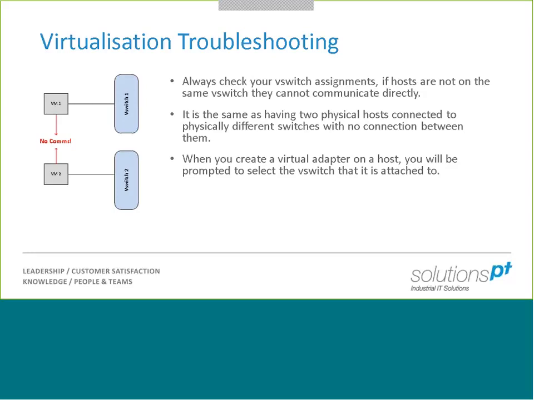If you've got the same vSwitch assignment, then really those two VMs should be able to talk to each other because they're not leaving the virtual layer. We haven't got to even start looking at ports in the back of a server or anything like that when we're talking about two VMs on the same physical machine on the same vSwitch.